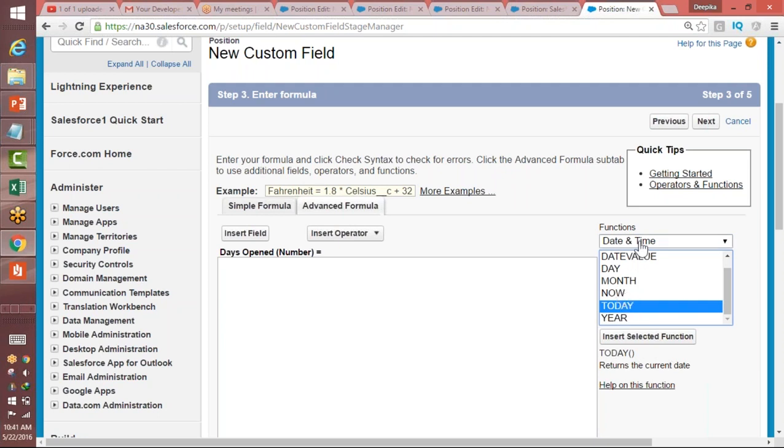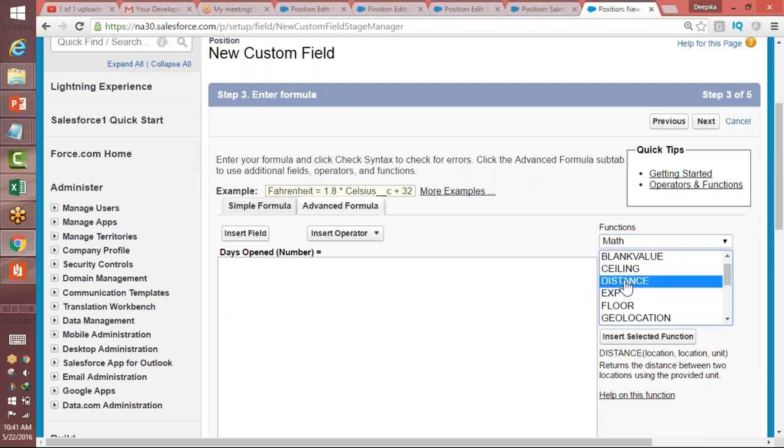If you want to know what this particular thing does, once you click on that, it will give you the whole definition here: it returns the distance between two locations using the provided unit. So if you are doing it in miles, it will do it in miles. If you're doing it in kilometers or whatever, it will do it in that. Okay, so we needed a